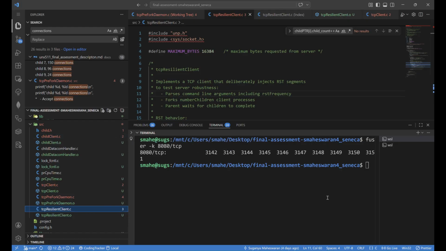Let's do a walkthrough. I'm going to run this on WSL because my machine isn't working. First, I'm going to start the server